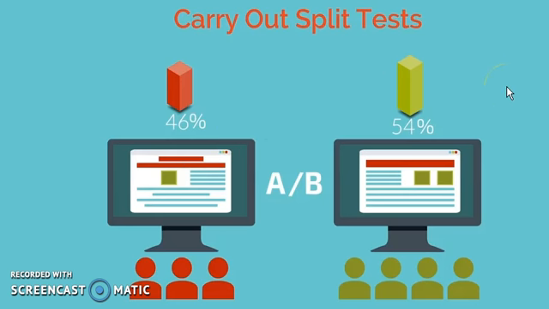But many times in doing A/B split testing, it isn't that obvious of a difference. But sometimes it is. And so the changes that would go into an A/B split testing may, for example, be a different image, or the placement of the image on the page, or a different wording, or a different style of font, or a different placement of a call to action button, whether it's above the fold or below the fold, or to the right portion of your website, or the left portion of the website, or the top or the bottom. Whether there's a video on the site, whether there's a couple of videos on the site,